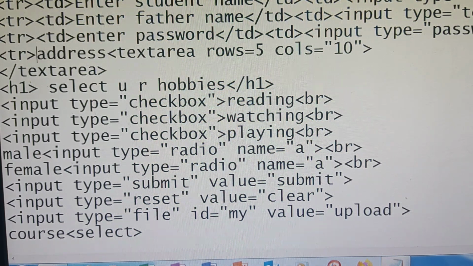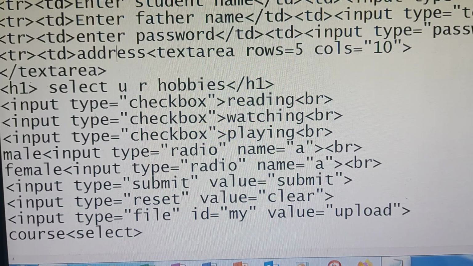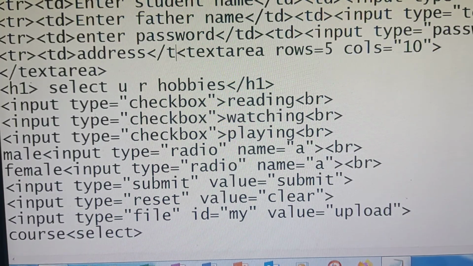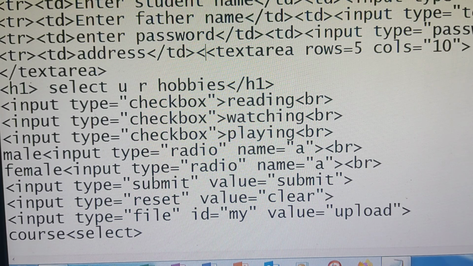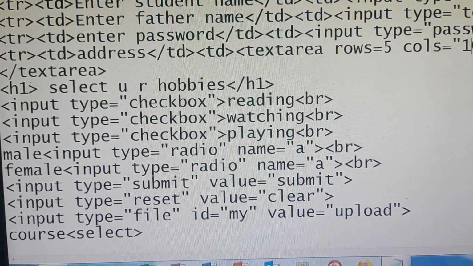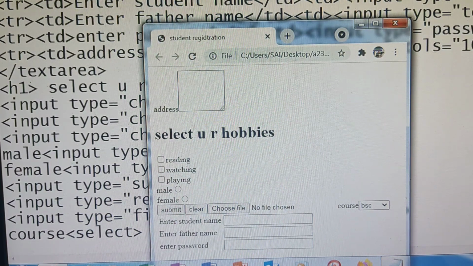Third row, fourth row, sorry. First column. Address, I am closing the first column of the fourth row. Next, I am opening the second column of the fourth row. Save it. Come to browser window. Refresh this.